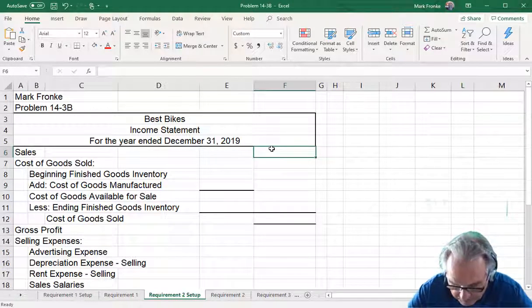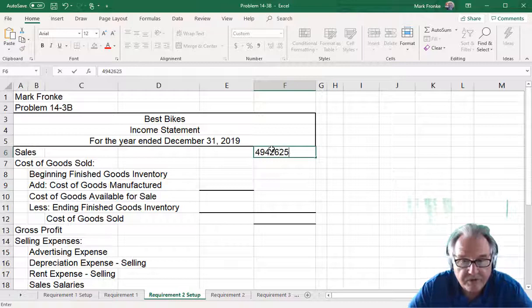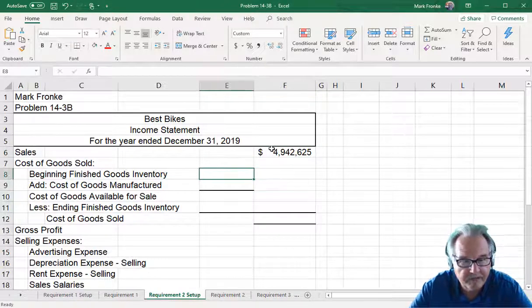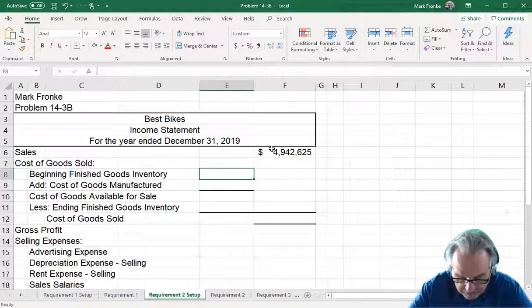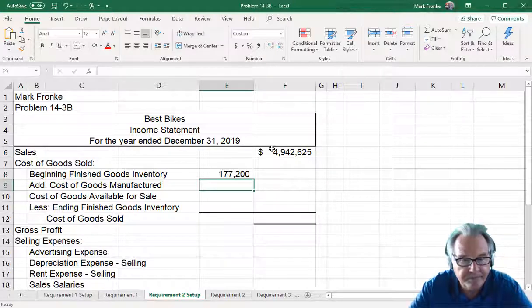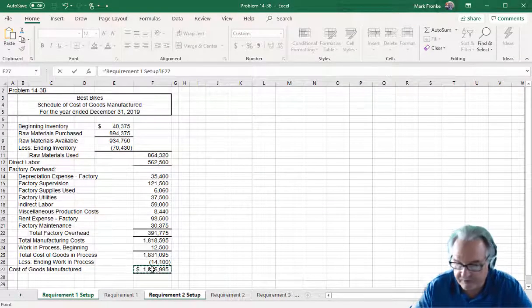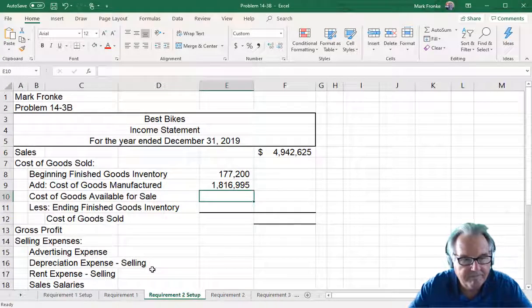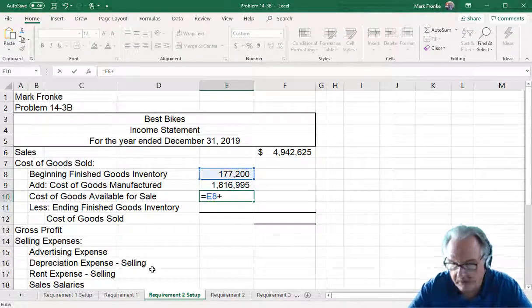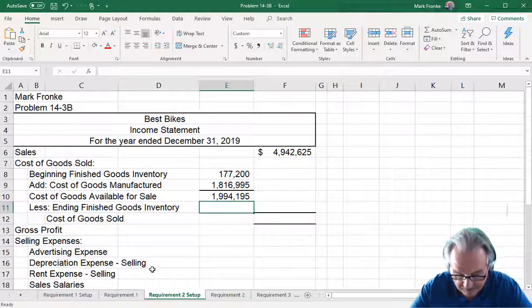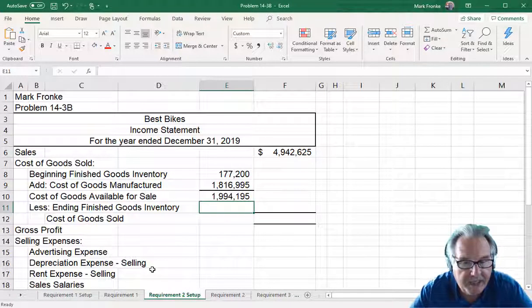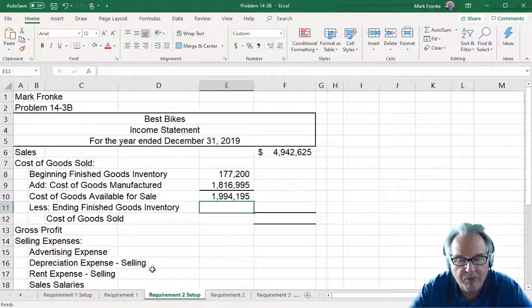Then we're going to start with sales, $4,942,625 with a dollar sign. Beginning finished goods inventory is 177,200. We're going to link that to our manufacturing statement for cost of goods manufactured. So that means that the goods available, which is what we had at the beginning plus what we manufactured during the period, is